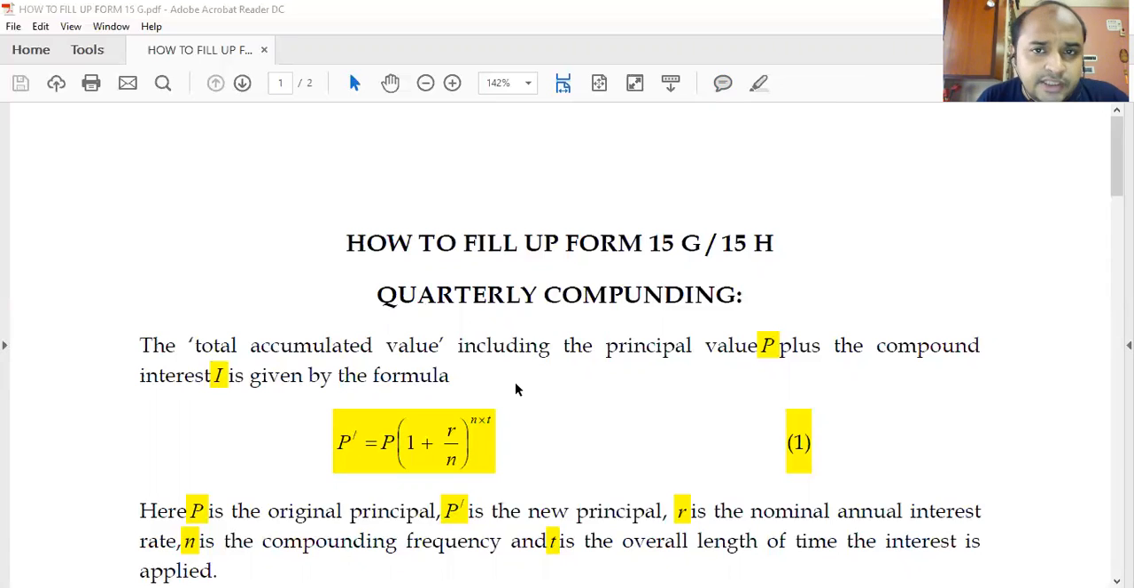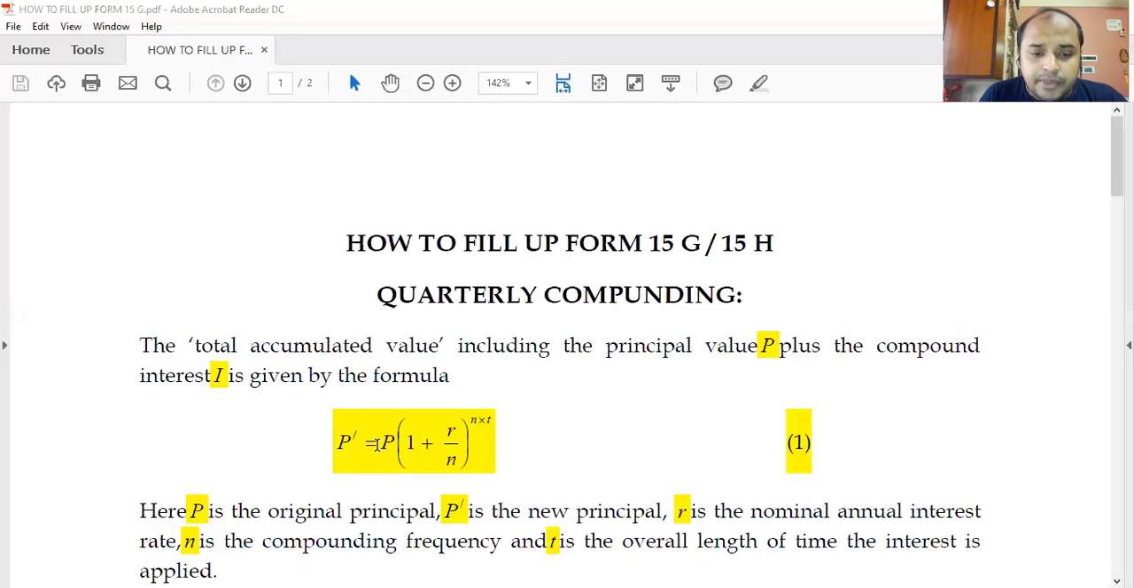When you open a fixed deposit, the bank calculates the interest, which is not a simple interest but a compound interest, and it's calculated quarterly. So how to calculate the quarterly compound interest and what is the mathematical formula of that? Now you see the total accumulated value, including the principal value capital P plus the compound interest capital I, is given by this formula, which is given in equation number 1,